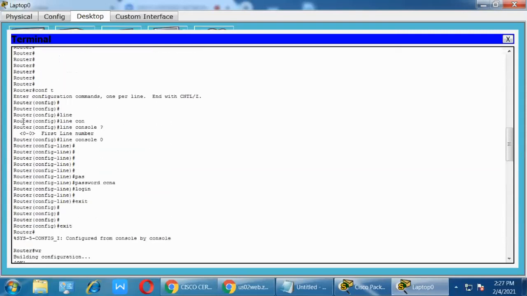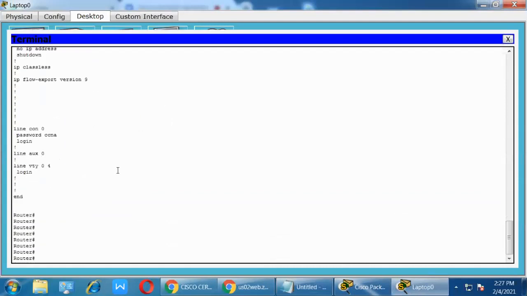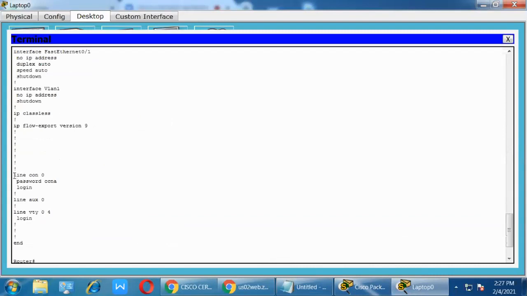So this is my global configuration mode. See here, the line console command, and you can see it properly. This is the configuration mode. After that I enter the line mode, right? So see here, with space means we are inside the interface. Line console: this command I use in global configuration. With the space, I enter inside the console line and use the command inside it.